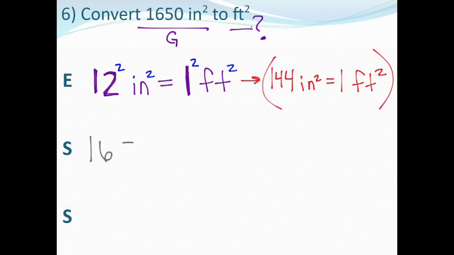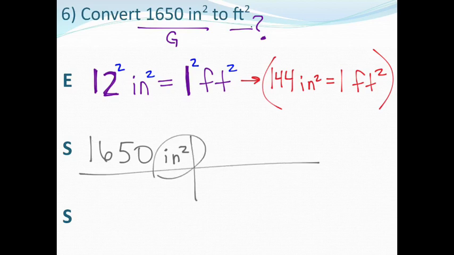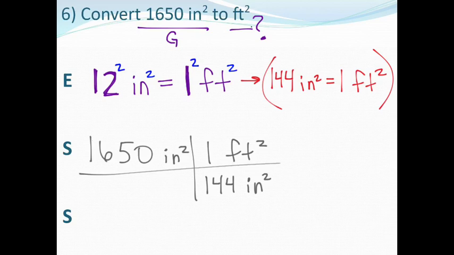So we're going to start with the 1650 square inches. And then if I have inches squared here on top, then that means that I want to take this 144 inches squared and put that on bottom. 1 square foot can go on top. And that's as far as we needed to go. So 1650 divided by 144 is going to give us